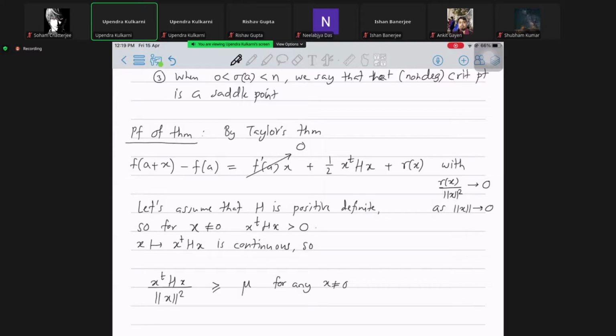So it's going to be a quadratic function. So on the set u such that norm of u equal to 1, it takes